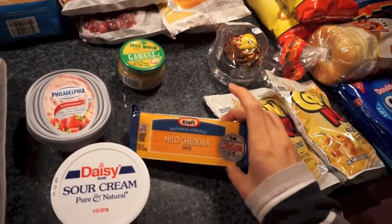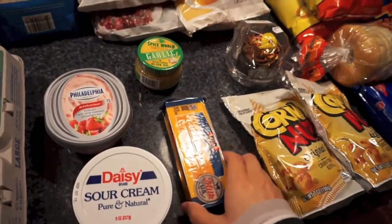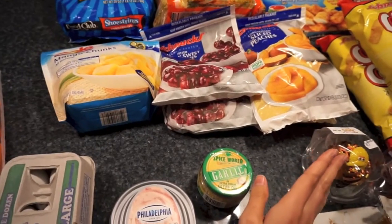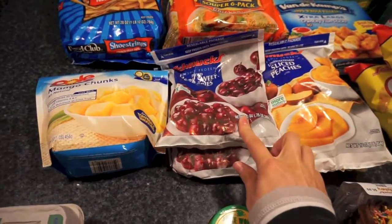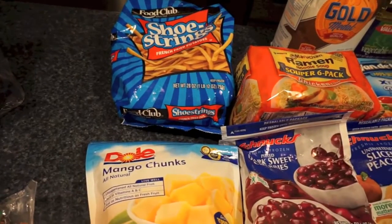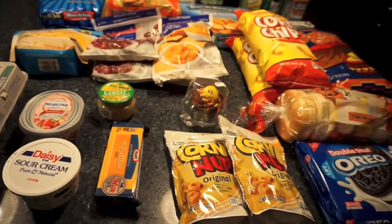And then my husband wanted this mild cheddar cheese. He likes to just have this in cubes. Then I needed some more garlic. Then we got a bunch of stuff for smoothies. So I got 2 bags of the sweet cherries, 2 bags of the peaches, and then 1 bag of the mango chunks. Some shoestring french fries, some ramen noodles,